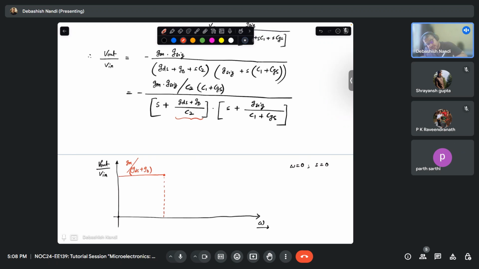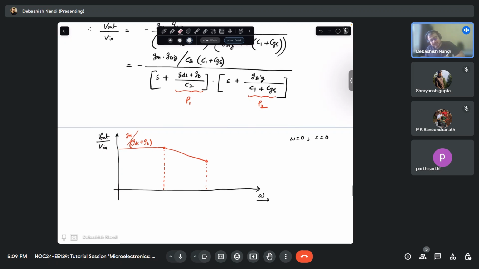So this is let's say pole 1 and this is let's say pole 2. So I will encounter one pole and then after some time I do not know if my P2 and P1 is higher or lower. So the slope is minus 20 dB per decade and here it is minus 40 dB per decade. Okay. So in this case, if you compute,